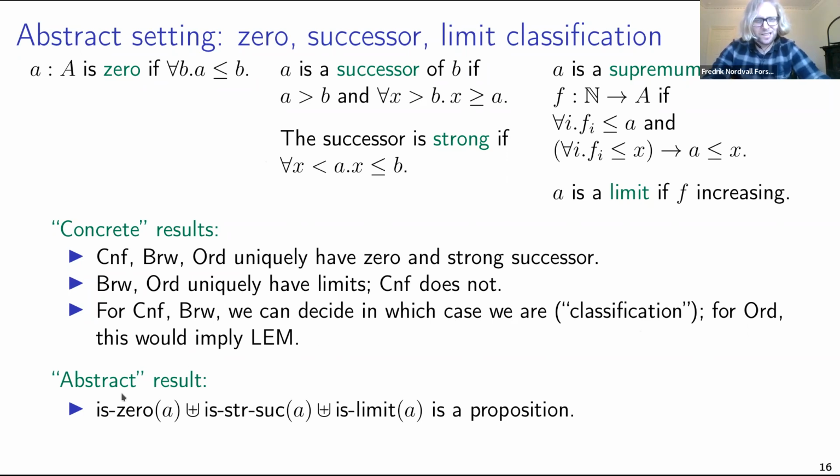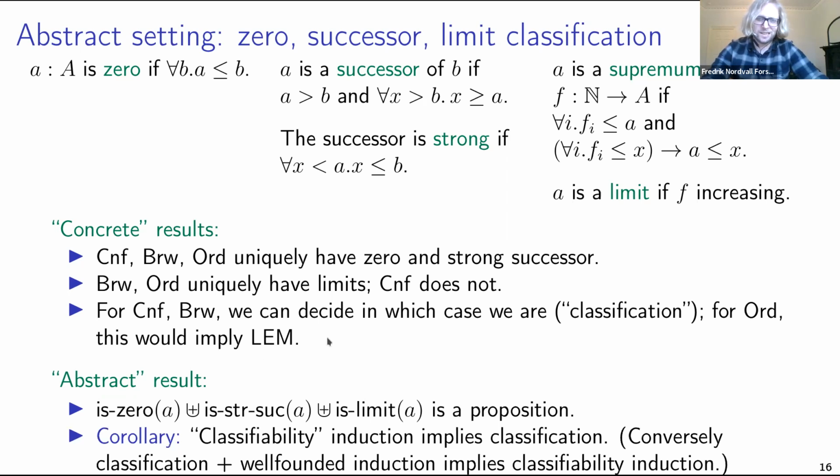But abstractly, you can also show that this type of classification of being either a 0 or a strong successor or a limit is actually a proposition. So that means that you can't be a 0 or a successor at the same time, right? Because if you were, then this would not be a proposition. So that implies that